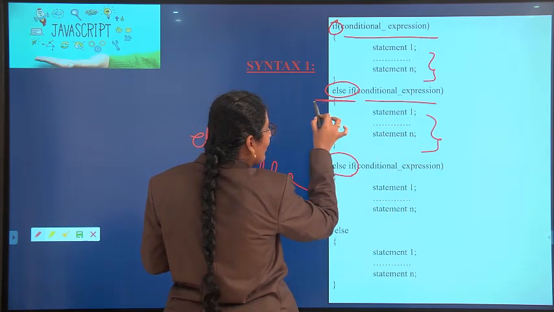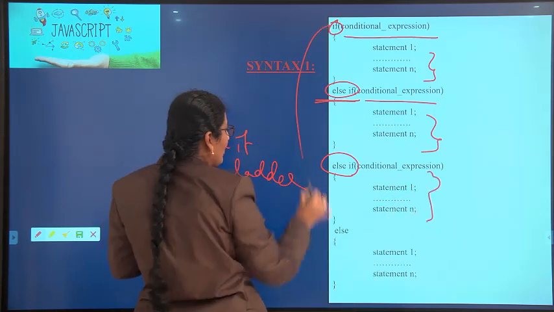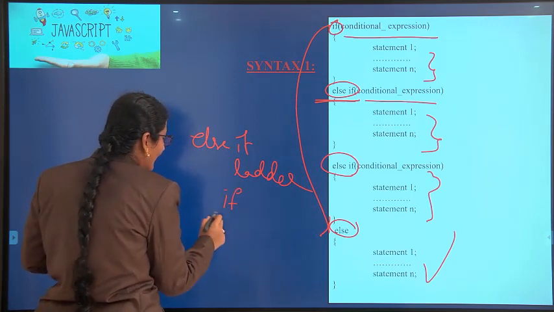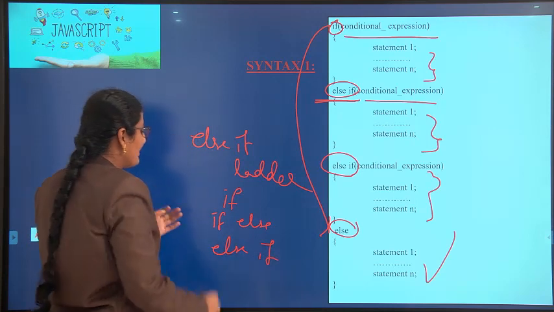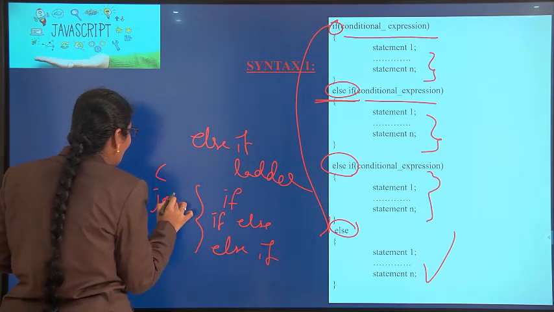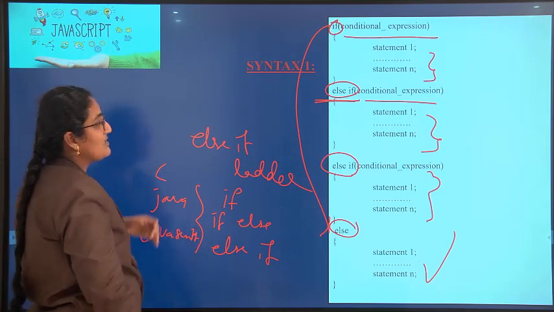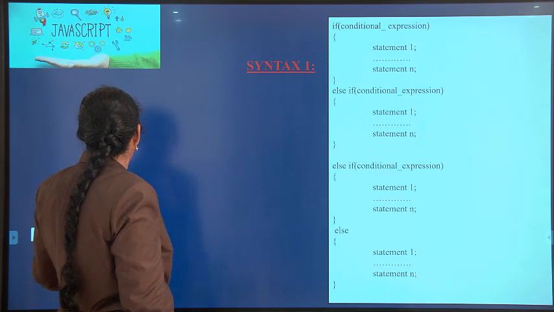Else if this is also not working, else if condition, some statements. If nothing is working, else some statements. For if else and else if, the syntax is the same in C, Java and JavaScript also. So I don't want to waste your time on this. You already know all these things.